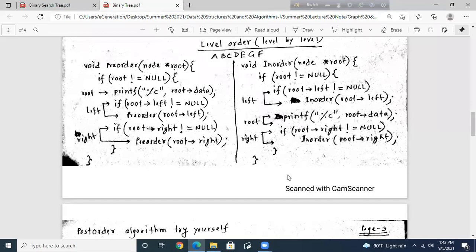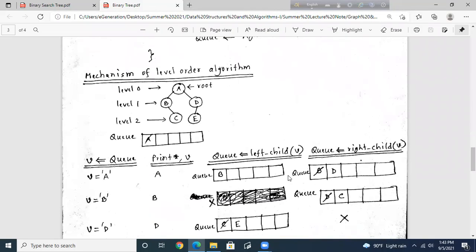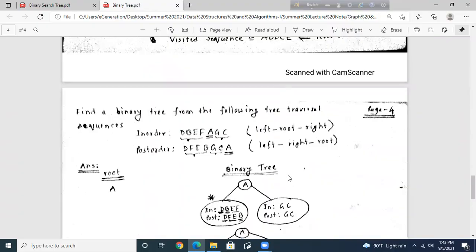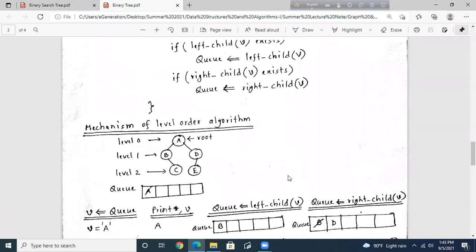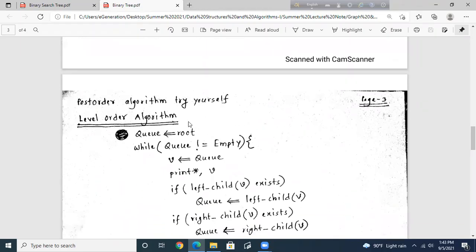আচ্ছা, আমি তাড়াতাড়ি করে ছাড়বো, তোমাদেরকে আজকে ছেড়ে দিব, কারণ প্রথম অংশ ডিসকাস করার কারণেই সময় হয়ে গেছে। সামনের ক্লাসে বাকিটা ডিসকাস করবো। এই পোস্ট অর্ডার অ্যালগরিদম তুমি নিজে ট্রাই করবা। এবার লেভেল অর্ডার অ্যালগরিদম।